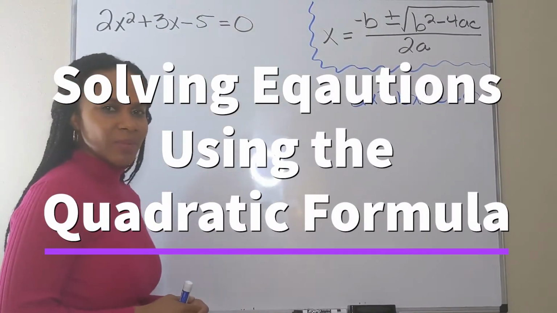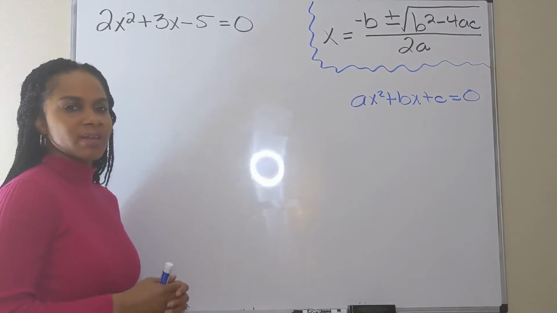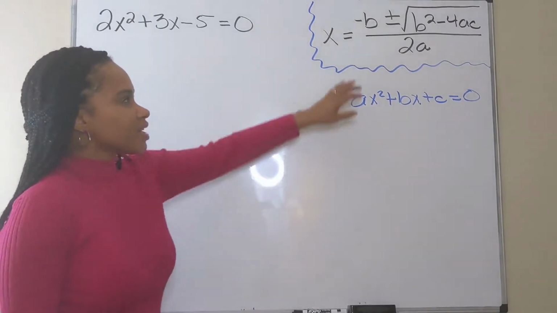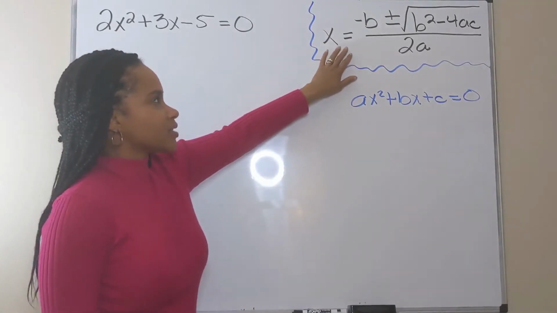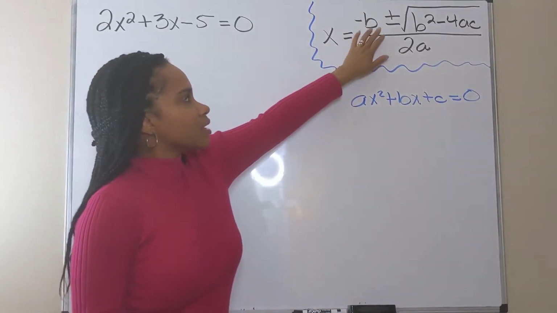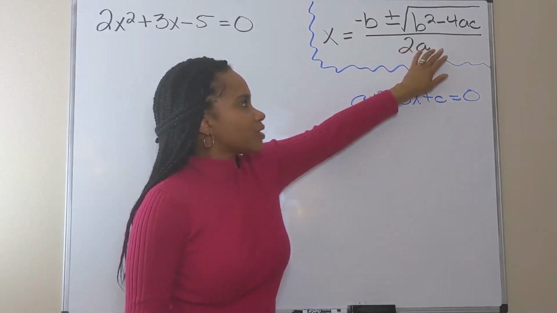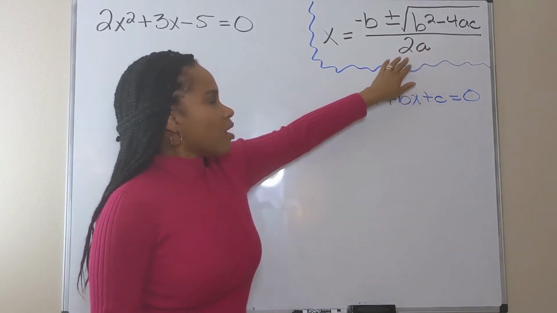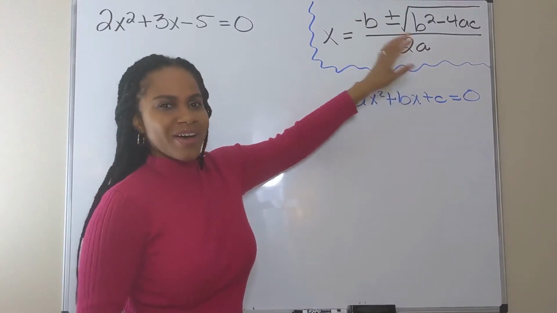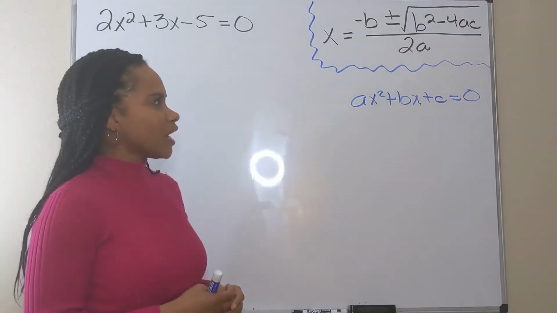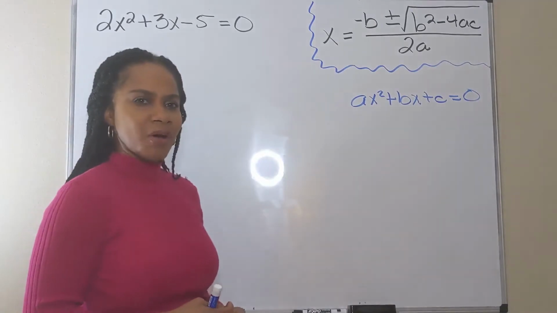Alright, so in this video, I'm going to show you how to solve quadratic equations using the quadratic formula. This is the quadratic formula. X equals negative b plus or minus the square root of b squared minus 4 times a times c all over 2 times a. The formula looks a little complicated, but once we get into it, hopefully you understand it